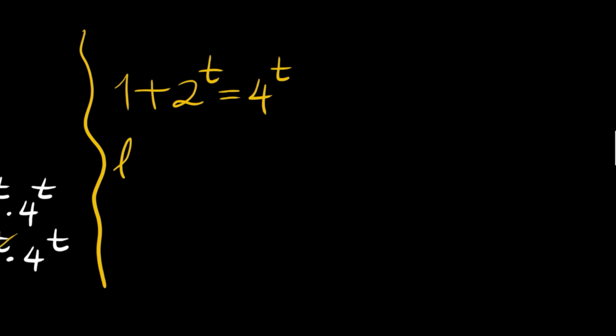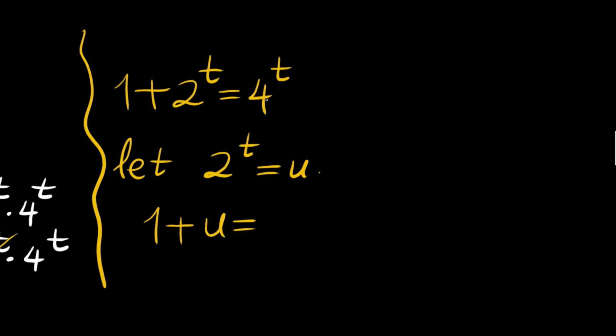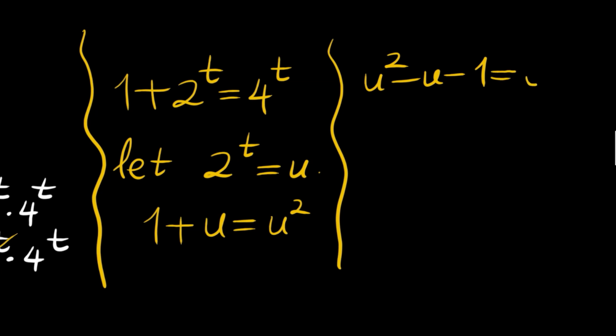Now let's again use a substitution and call this 2 to the power of t as u. Then we will have 1 plus 2 to the power of t is 1 plus u, and 4 to the power of t is equal to 2 squared to the power of t, also 2 to the power of t all squared, so this is equal to u squared. Having everything on the same side, we can write this as u squared minus u minus 1 is equal to 0,